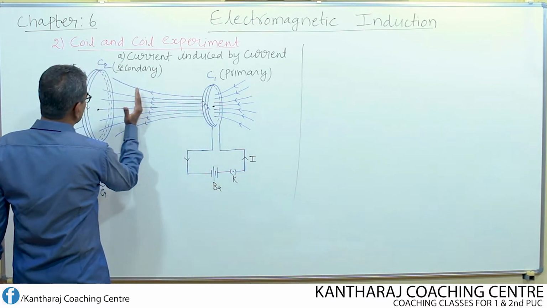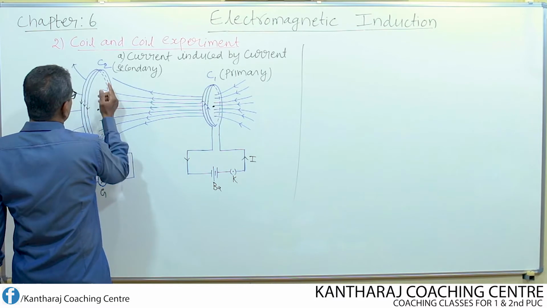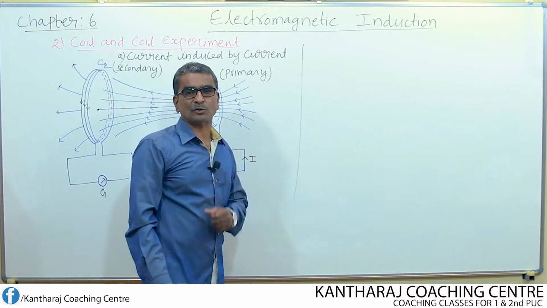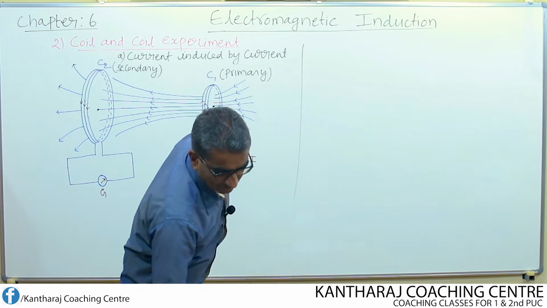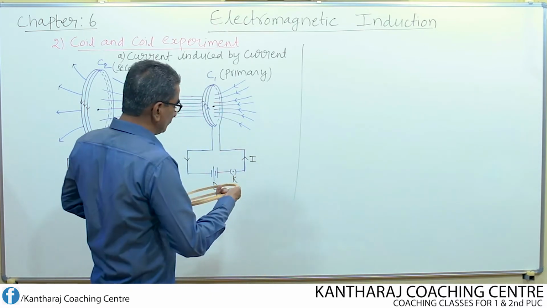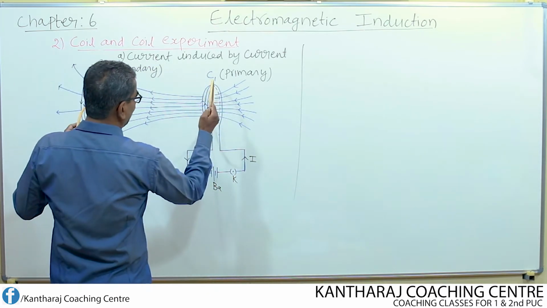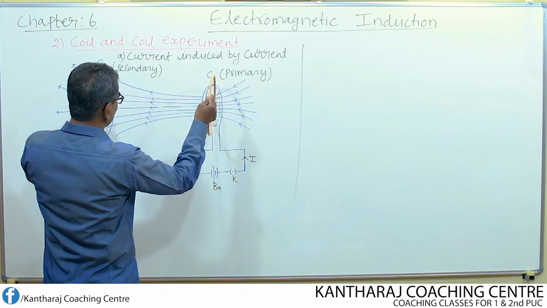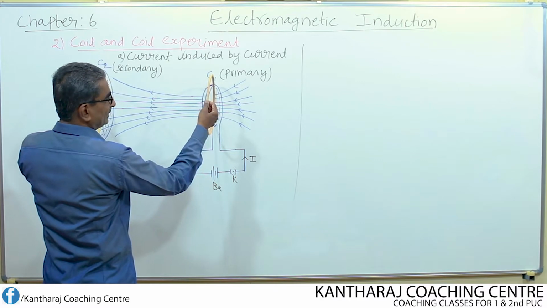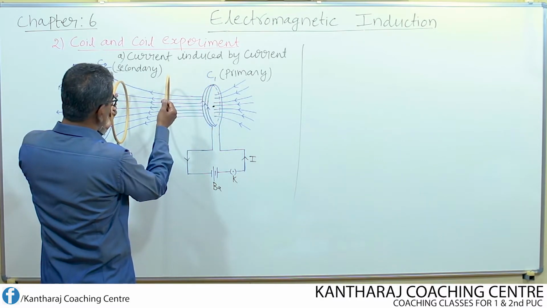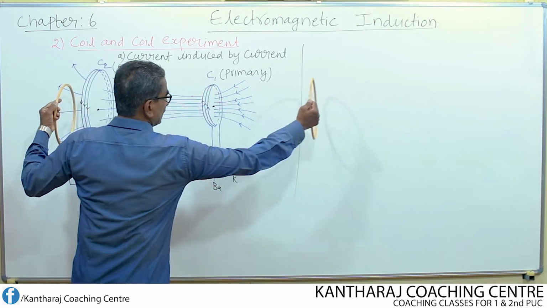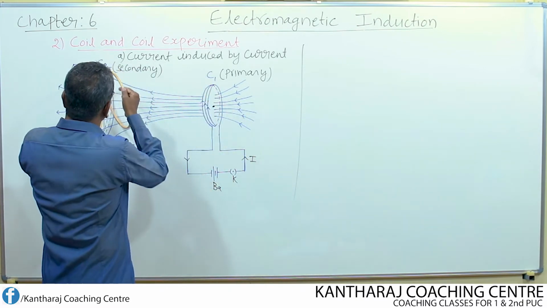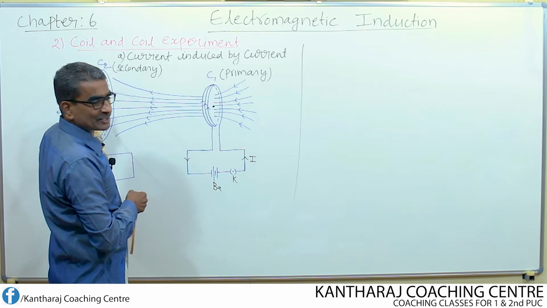Now the magnetic lines of force get linked with the secondary coil because the secondary is kept close to the primary coil. For example, if I assume this ring as the primary coil and this ring as the secondary coil, the two coils should be kept coaxially like this. They should be kept as close as possible, not separated too much. Now the secondary coil is kept at rest.